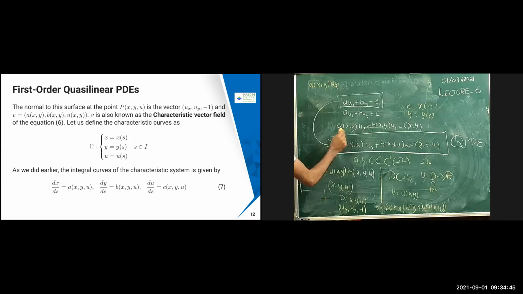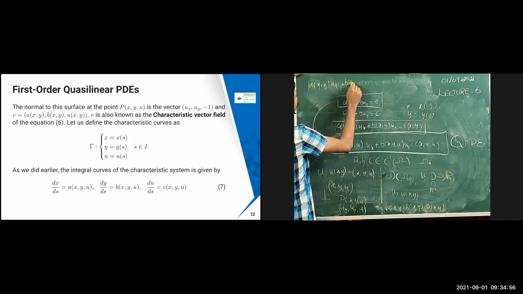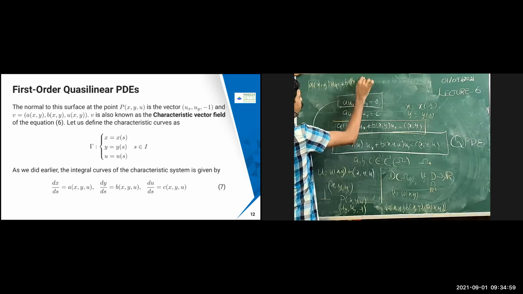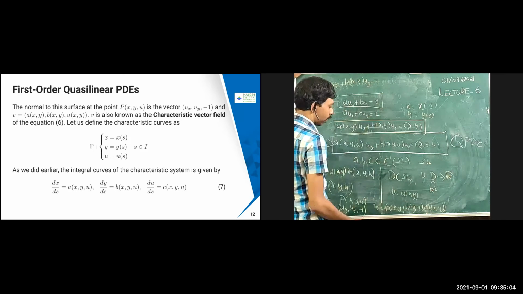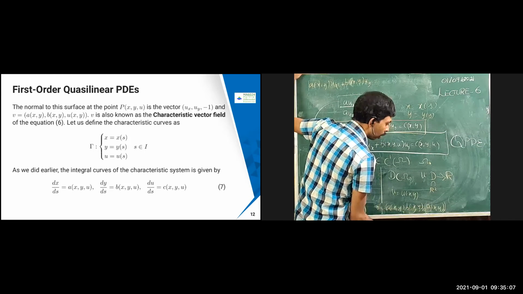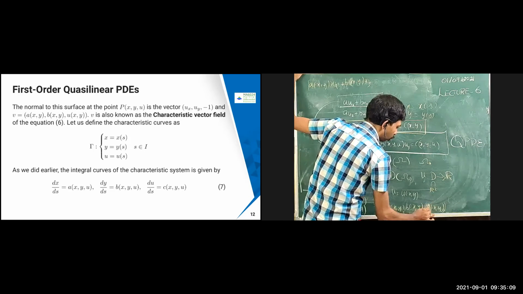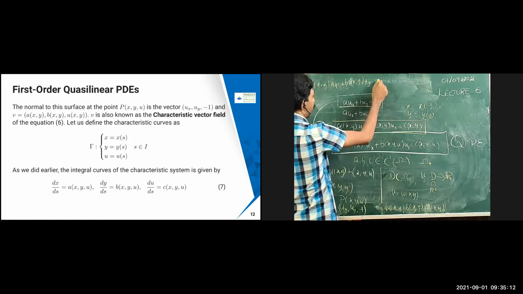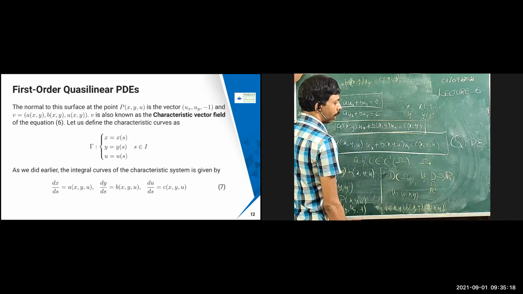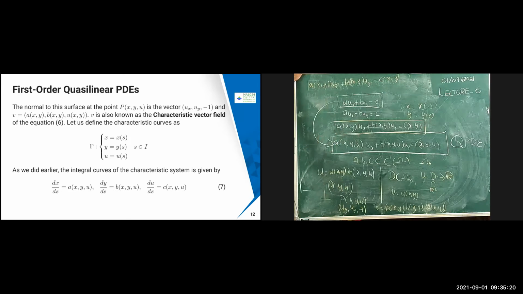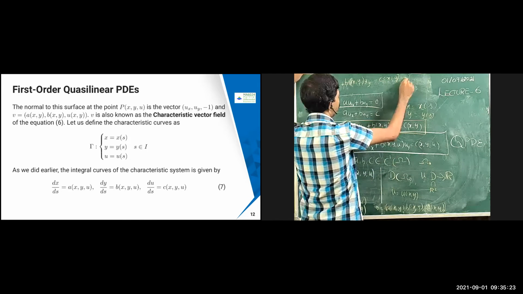If I take this problem, the same idea I can use for x comma y comma u also. A of x comma y comma u into ux plus b of x comma y into uy, and minus is there, so I multiply this one. Here c of x comma y should be there. If I apply it over here, that is going to become minus c of x comma y. That is not u, it should be c. So we will get c of x comma y equal to 0.